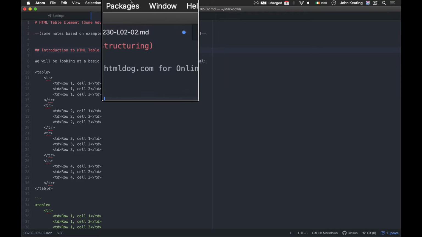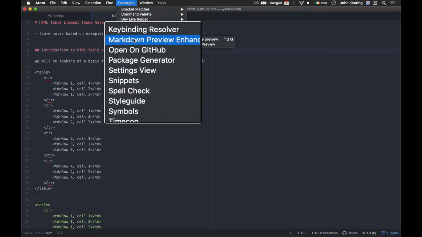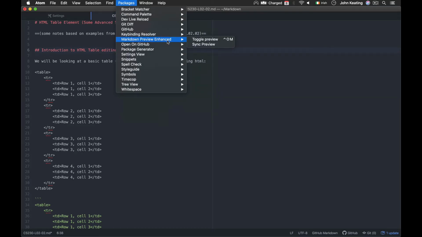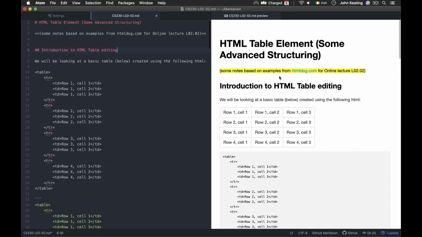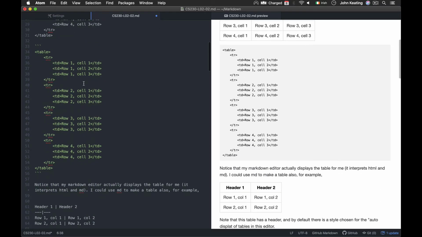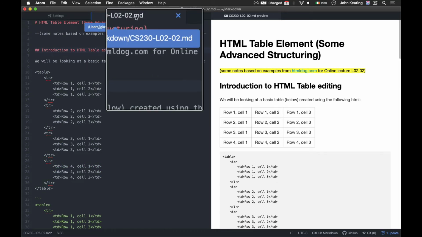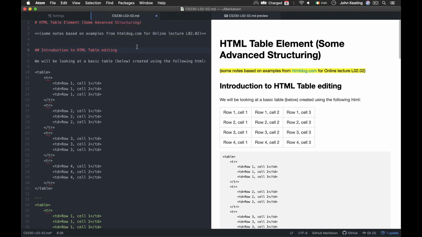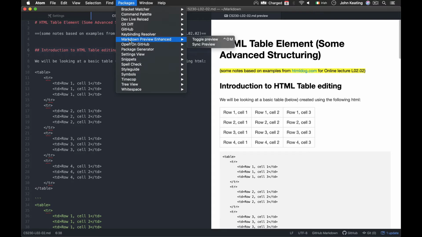So one of the things that we want to be able to look at is we have to install a package. So the package that I've installed is Markdown Preview Enhanced. And that's a package that we installed for Atom. So I'm going to toggle the preview here, and I can get the preview straight away of the document that I've been looking at. So that's how I'm making this happen. So essentially, I'm just using the editing functionality within Atom. I have a file that I'm saving as a .md file. I'll just save that again, and then I use the package Markdown Preview Enhanced in order to be able to